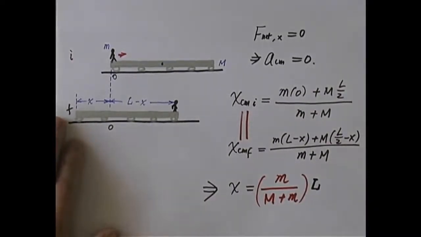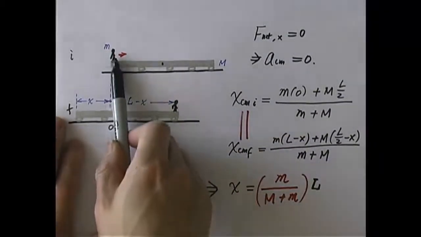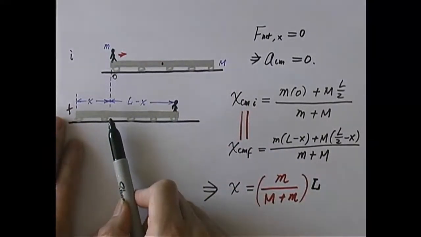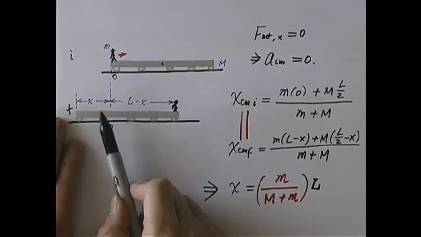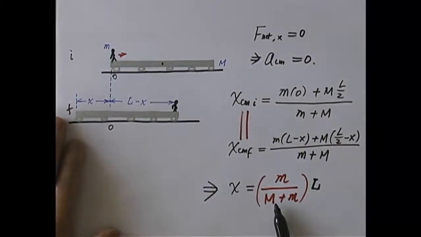Let's look at a couple of special cases. First of all, if the cart is a lot more massive than the person, the cart is extremely heavy, the person is very light by comparison, then as the person goes forward, what happens to the cart? The cart being so massive doesn't care, right? It doesn't want to move. The cart stays, so what's x? X should be roughly equal to 0, and that's exactly what I'm looking for here. Capital M is much greater than small m, so it's almost equal to 0, okay?